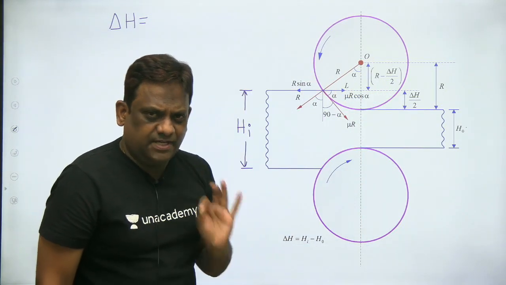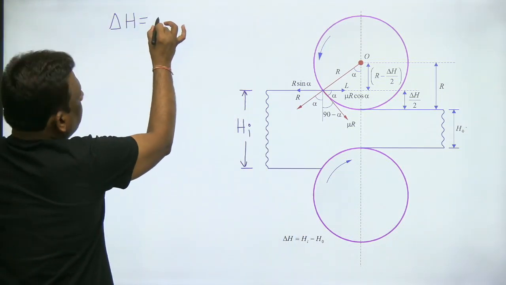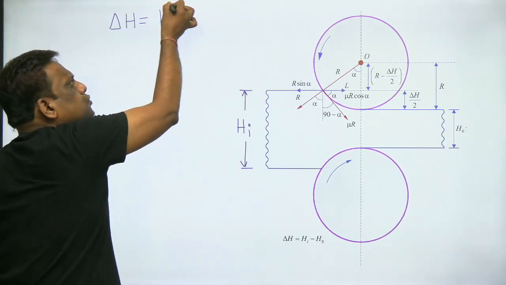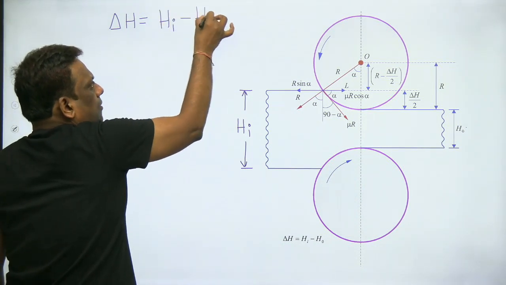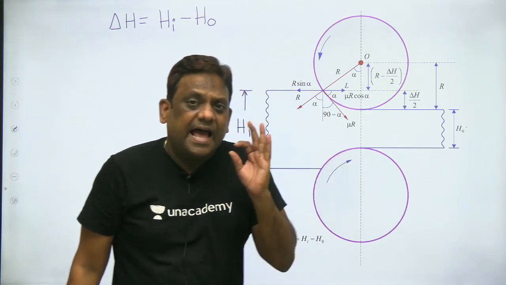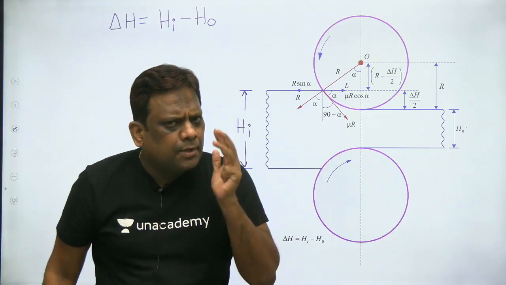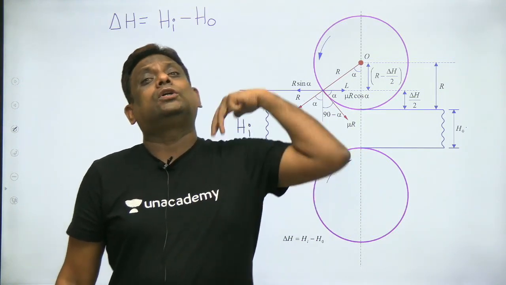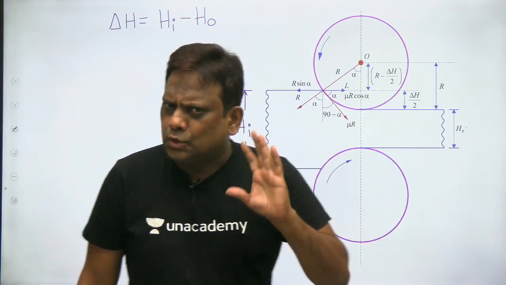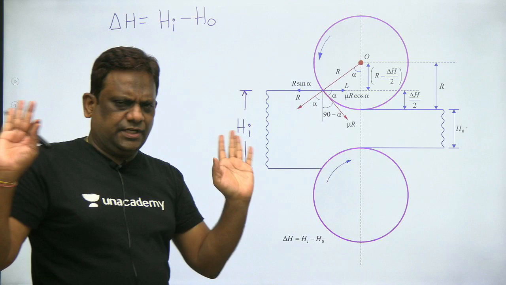If you clearly observe, the total draft or the reduction is delta H, which is the initial thickness Hi, you can also write this as Ti, minus the final thickness H0. This is the reduction in thickness achieved in one pass. Underline the sentence, single pass, because in examination you may be given the total reduction, wherein you may be asked to calculate the total number of passes. So let this be in a single pass. We are analyzing our forces and all those things in a single pass.